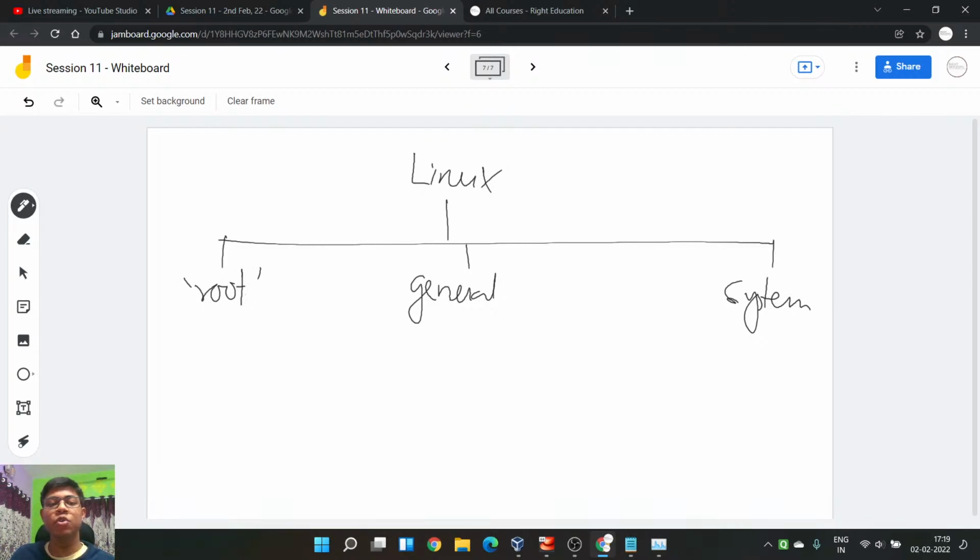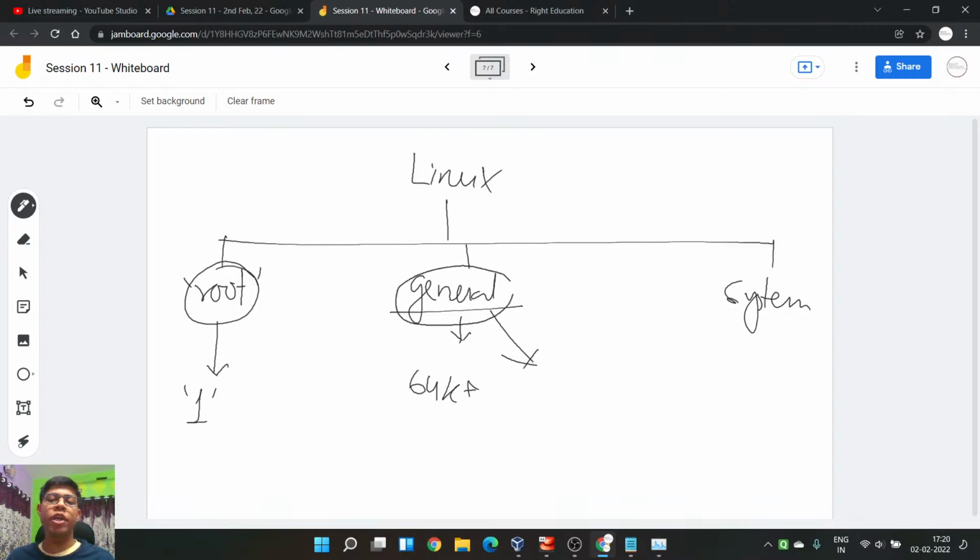Root is one specific user having the UID 0. But general users, how many do you have? 64,000 plus. Now why do we have this many general users? Because you will see that in 99% of the cases you are always logged in with a general user.